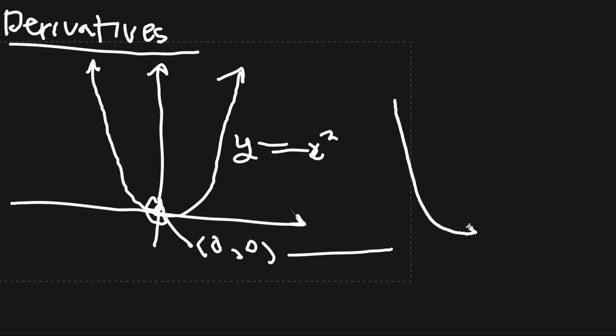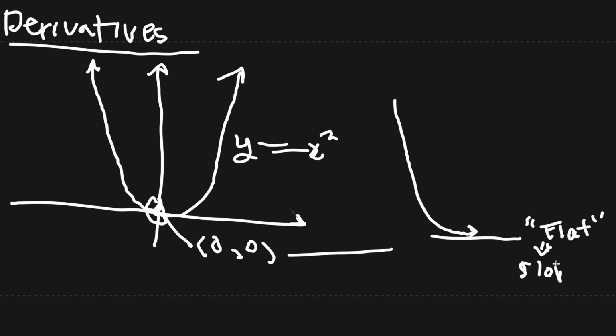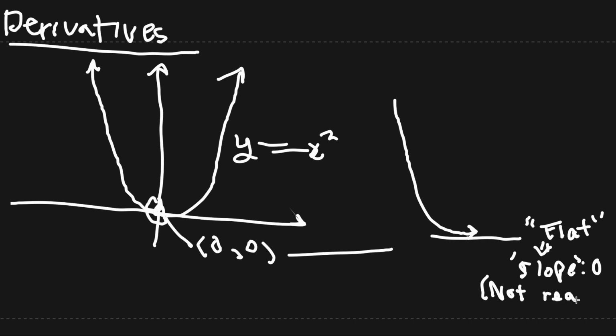On this point, it looks like the parabola as a whole is not moving, or the slope is equal to 0. Of course, it's not actually staying still with a slope of 0, since moving the input left or right just a slight bit of it will result in a slightly larger output. But we can say that at that moment of time, it appears that the point is just moving straight across